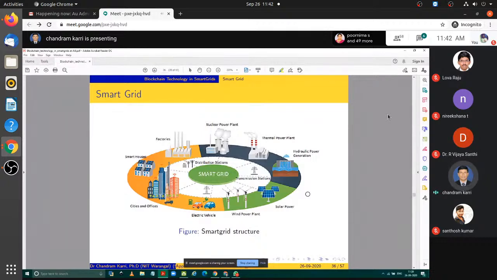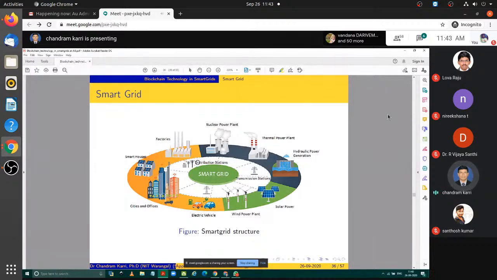So still there is a problem with the stability, small signal stability, transient stability, some relay coordinations. All in all, when we speak about smart grid, we have to speak about all the critical issues in the grid. The major three components are generation, transmission, and distribution. Everywhere we have problems while looking at the real-time operation of the power system. So all critical issues can be